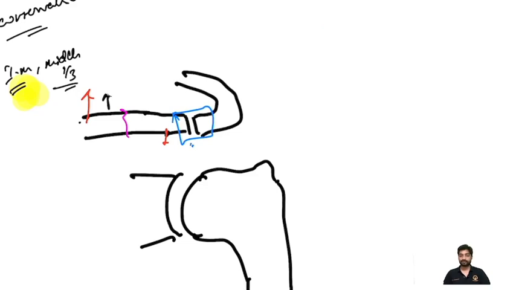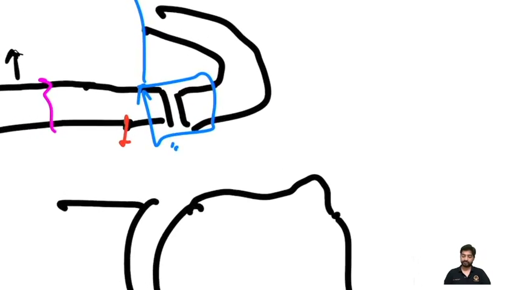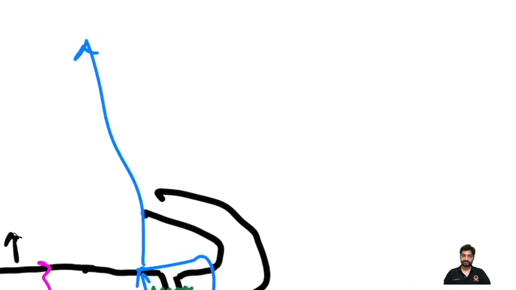So after clavicle we'll discuss the nearby joint, which is the acromioclavicular joint, okay? The acromioclavicular joint is formed by your clavicle and the acromion, okay? The joint is stabilized by two ligaments, okay? One is the acromioclavicular ligament and the second is the coracoclavicular ligament, okay, like this. With the help of these two ligaments, the joint is stable. In the case of ligament damage, there is an acromioclavicular joint